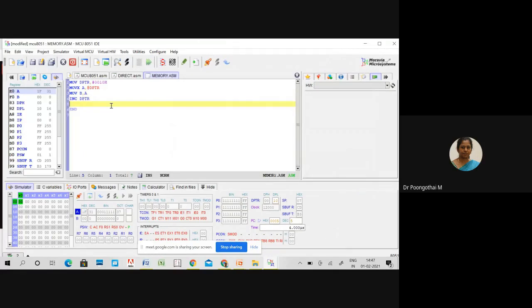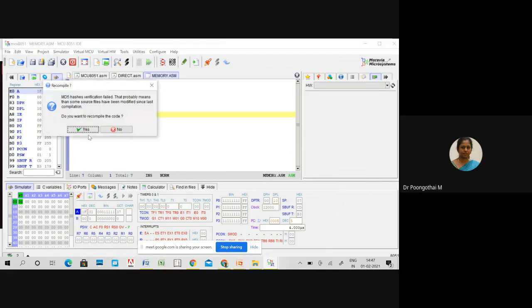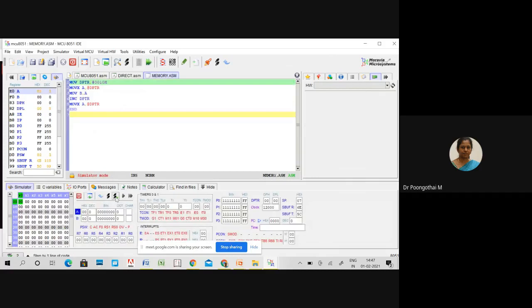Just transfer that data using this instruction, MOVX A, @DPTR. So let's execute this code. DPTR is loaded with 0010.